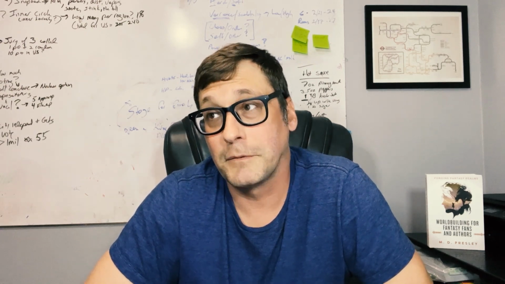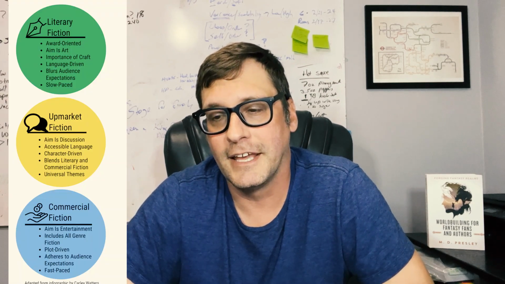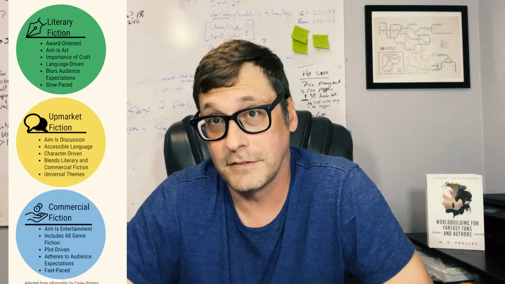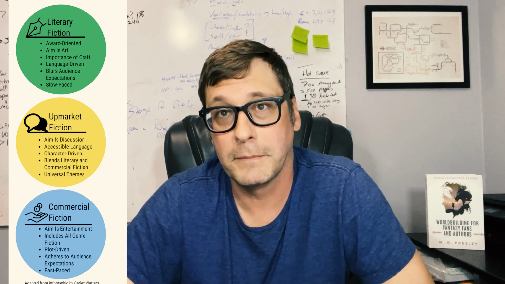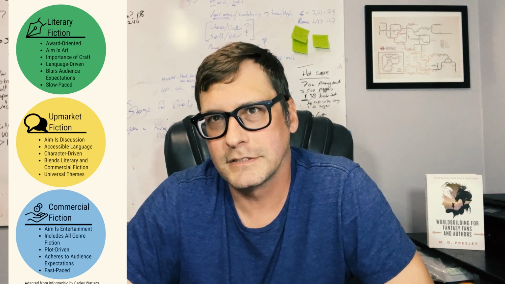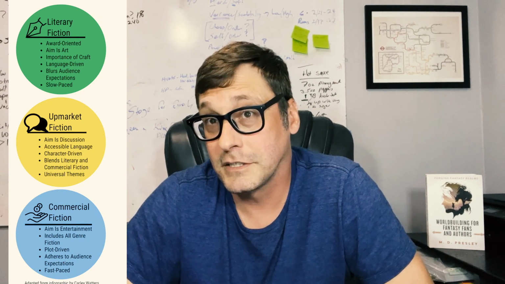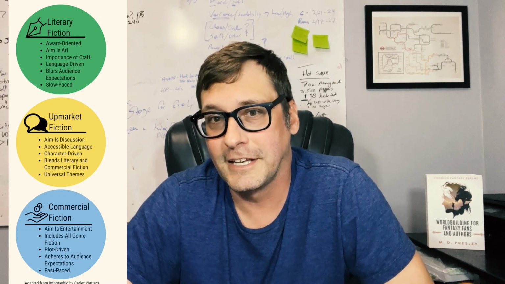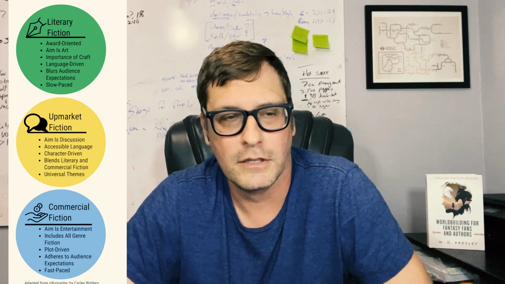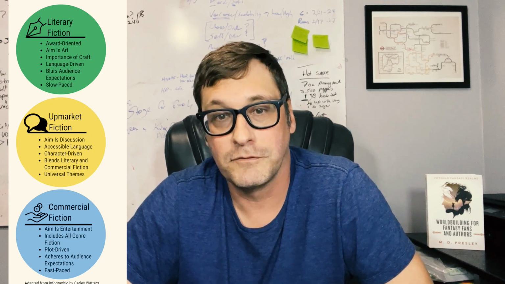And I should point out that we are actually speaking about genre fiction as opposed to upmarket and literary, which are different types of things. Maybe there's a graphic up about them. Basically it breaks down literary as stuff that you win an award for because you have great prose. Upmarket is stuff you discuss because it was on Oprah or Reese Witherspoon. And genre fiction is what a lot of us write in, and that is stuff like thriller, romance, horror, science fiction, and fantasy.